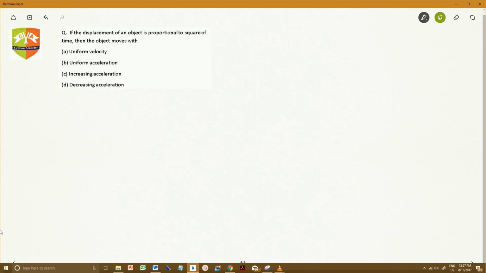So, let's just write down the equations of motion which we know. The first equation of motion is given by v is equal to u plus a t. Let us first write down all the equations and then we'll explain what are the terms in this. The second equation is s is equal to ut plus half a t squared. And the third equation is v square is equal to u square plus 2a s, where v happens to be final velocity